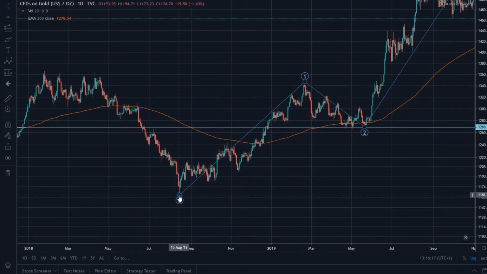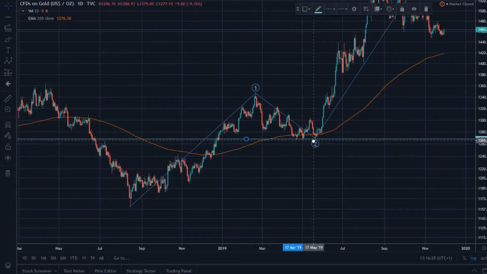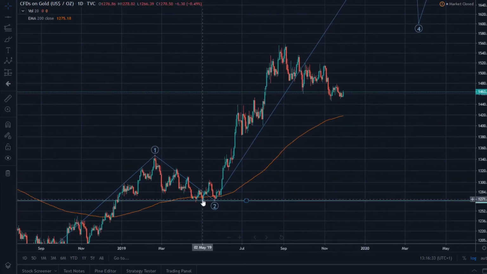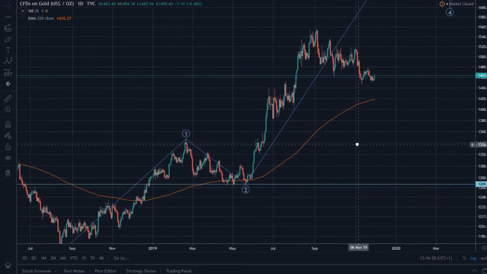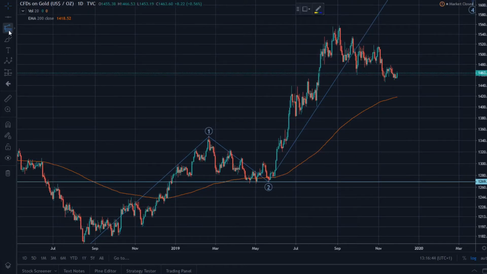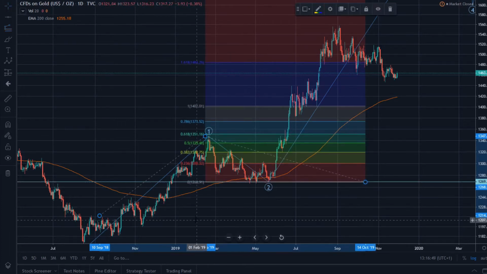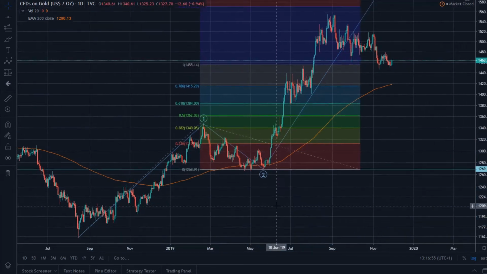So, basically, just from this low in August of 2018, in my opinion, we had this first impulse, second correctional wave, which in turn means that obviously we got another impulse following this. This should have been the wave 3, but the more I look at the movements, and especially considering this, I just have to put this in real quick, like this. Okay, but starting from the low. Okay, but especially considering that